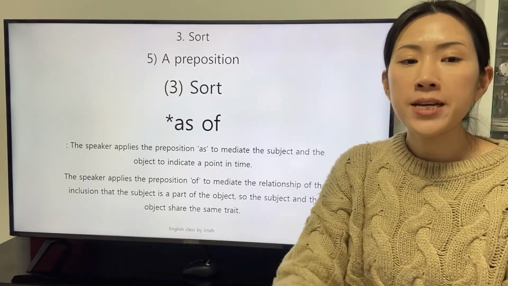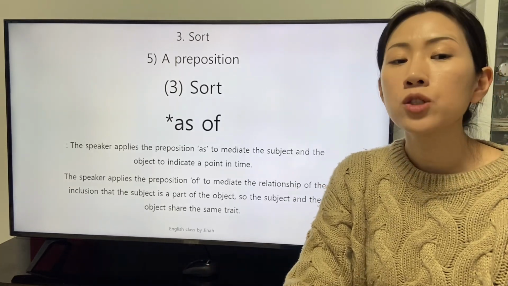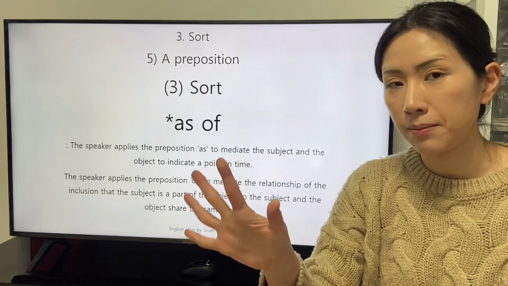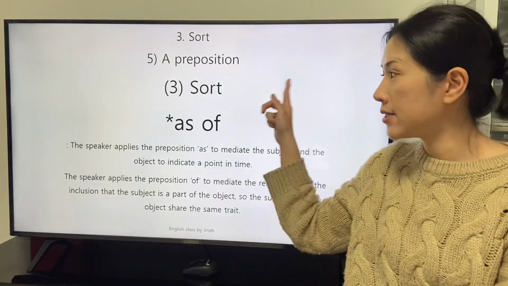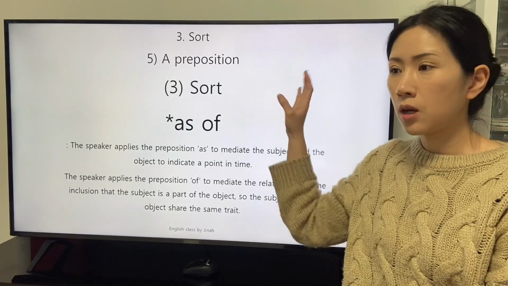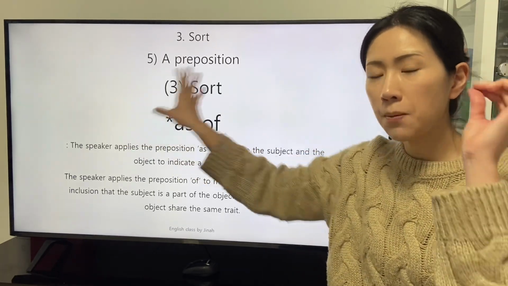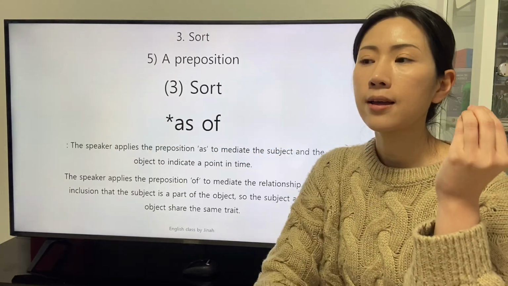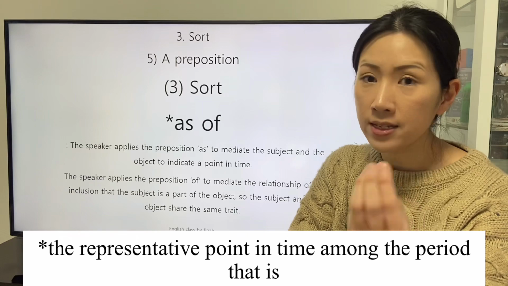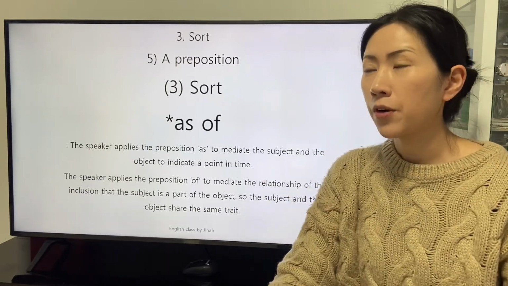The speaker applies the preposition "as" to mediate the subject and the object to indicate a point in time. Especially, we can consider a period as the object of the prepositions. And a point in the period is especially defined as a special event takes place. For example,